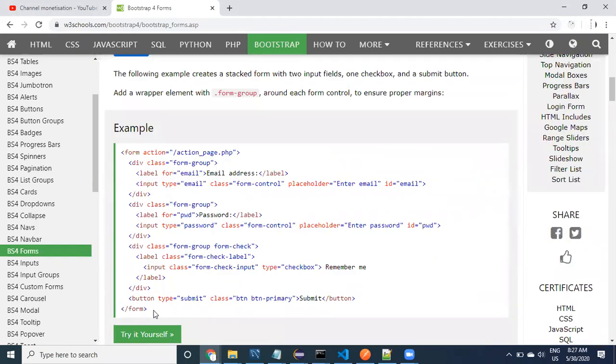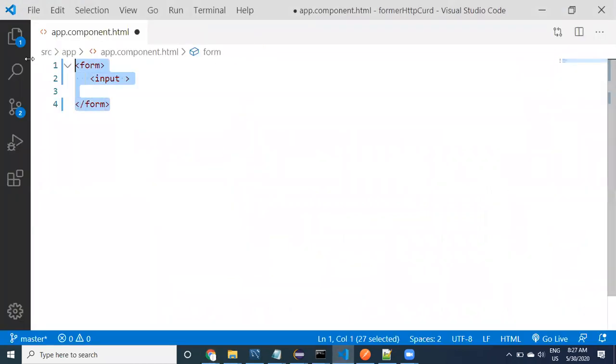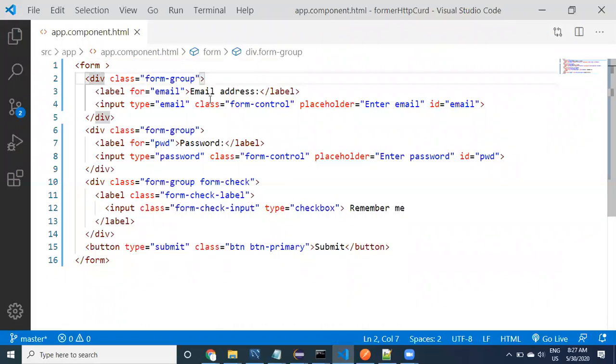Let us take one of the forms here. I just want to take this form. Remove this action and all, this is not required for us. They have taken some email address. And what are the things I have to take from the form? I don't want to take even ID for now. Take username or farmer name.